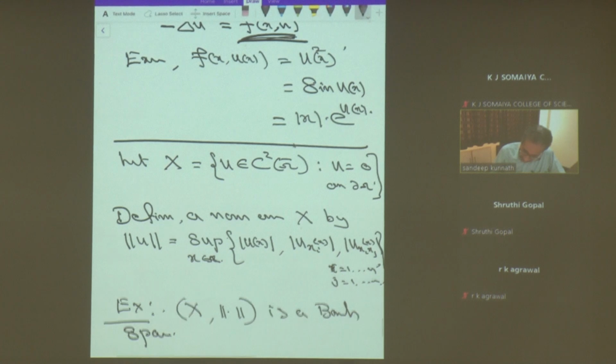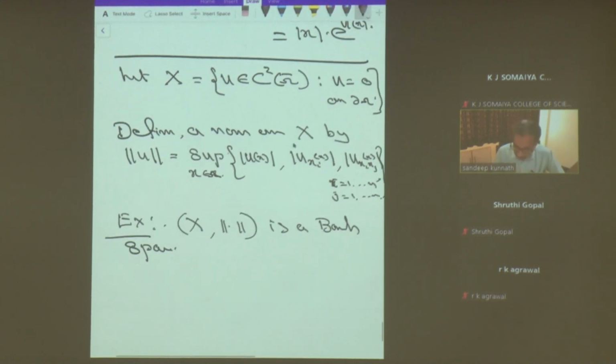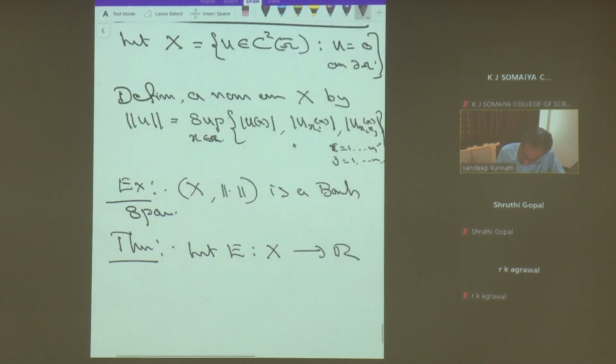Banach space. Okay. Then the next thing I can prove as a theorem. It's a theorem, which I won't prove and will just state. Let E from X to R